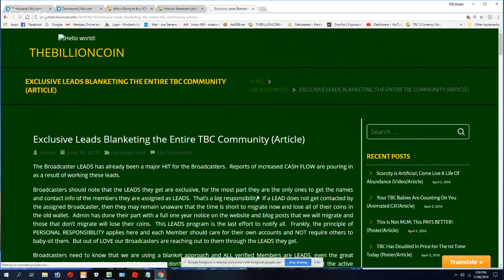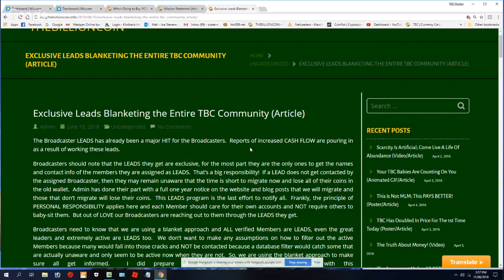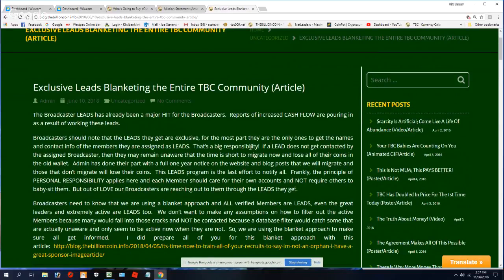And we'll go back to exclusive leads blanketing the entire community, and that is exactly right. That's what's happening. The broadcasters leads has already been a major hit for the broadcasters.